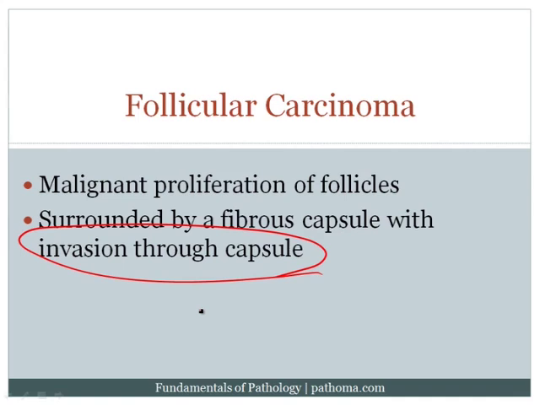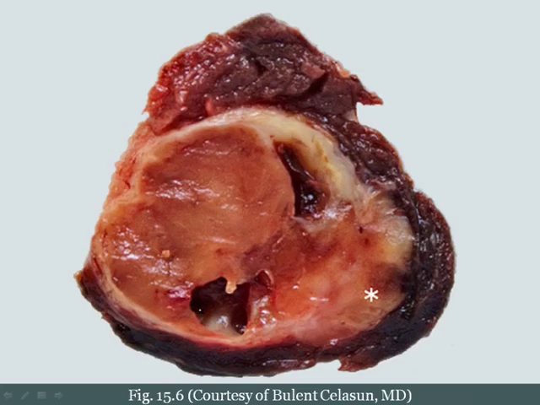And board examiners love to go after that. Here's a picture of a thyroid, just showing you what we mean. You can clearly see that there's this dense capsule surrounding this tumor, and the capsule should have extended here. But notice that the tumor has extended here beyond the capsule. And so the spread of cancer beyond the capsule indicates that you have a follicular carcinoma.